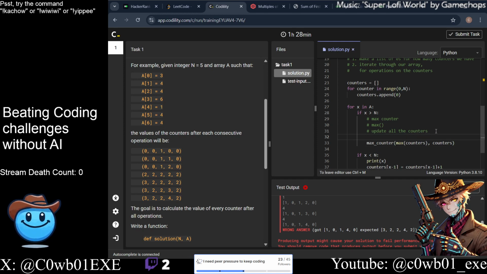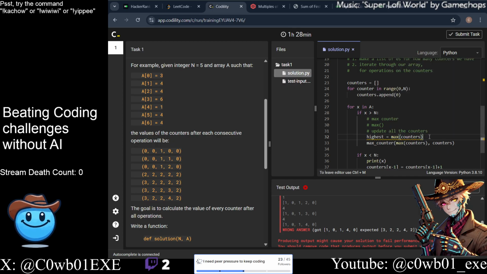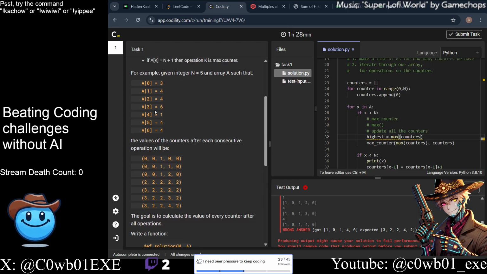So, our highest counter is going to equal the max of counters at that moment. Right, because this is at 3. So once we have that highest value, we need to do